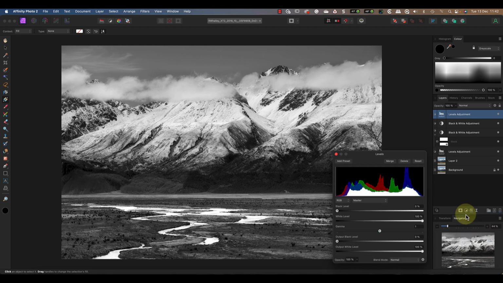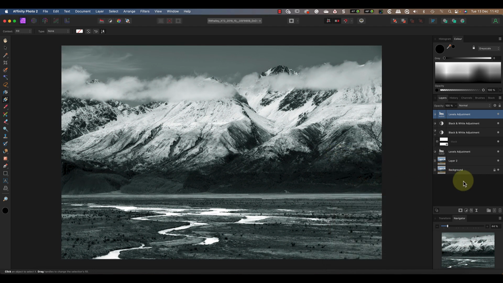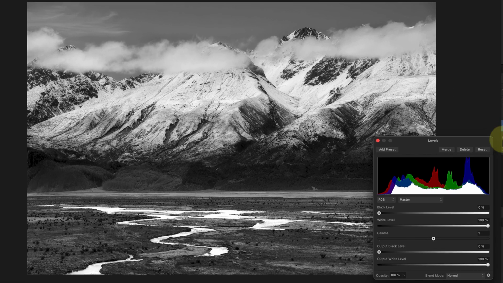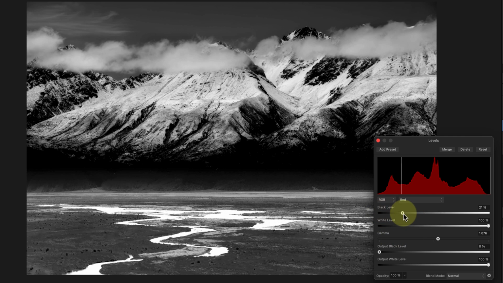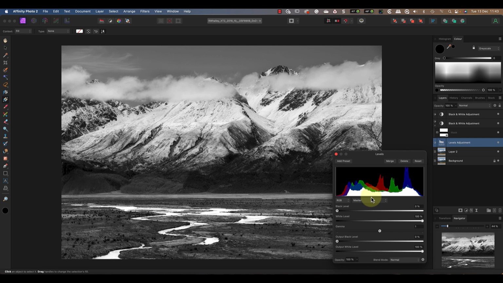Watch what happens if I add a levels adjustment layer at the top of the other layers instead. Now when I change one of the colour channels, it adds a colour tone to the black and white image. Going back to our first levels adjustment layer, I want to mention that it's also possible to control the conversion using the black and the white level sliders. It can be difficult trying to get your head around how you're affecting the colour image when you're doing this, but it's actually much easier than you think. In the next video, I explain exactly what effect each of these sliders is having on the image.